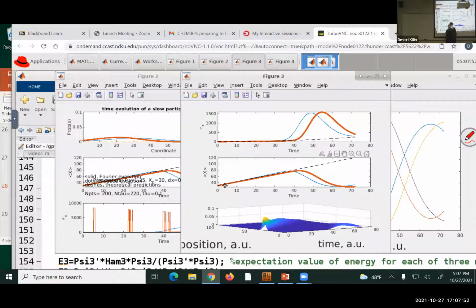So we need to overview how it is done, just in case we need to compute and